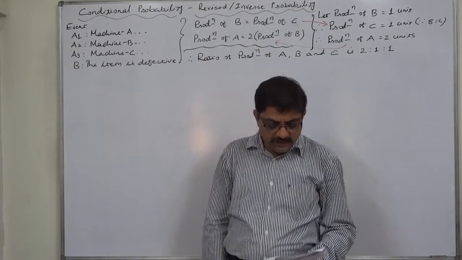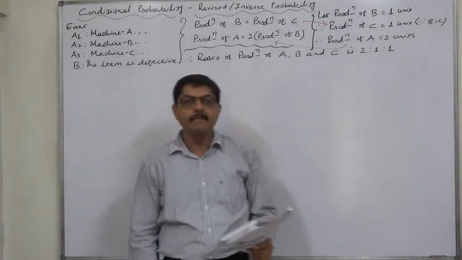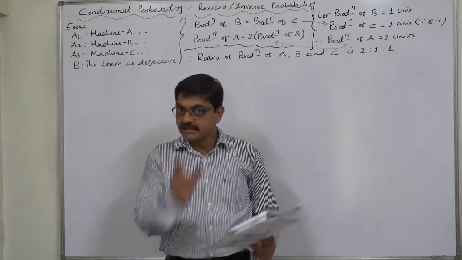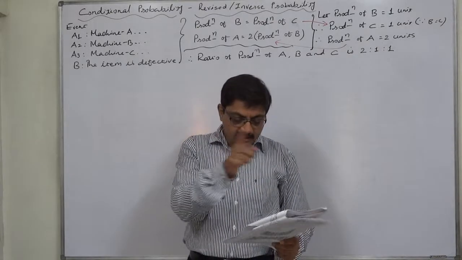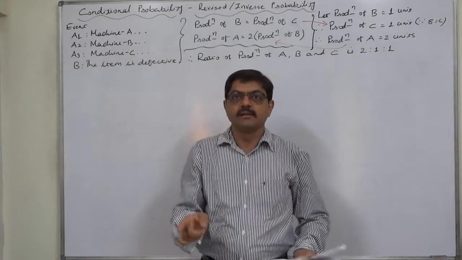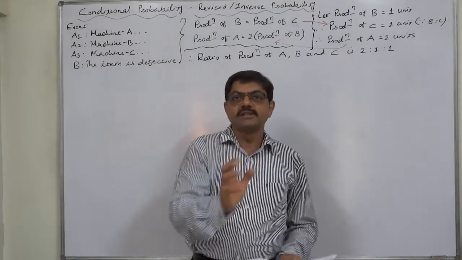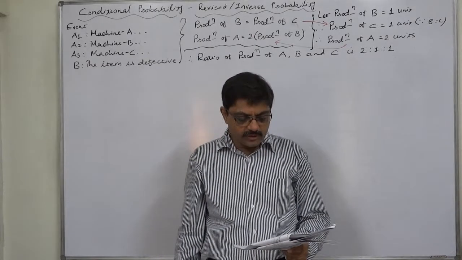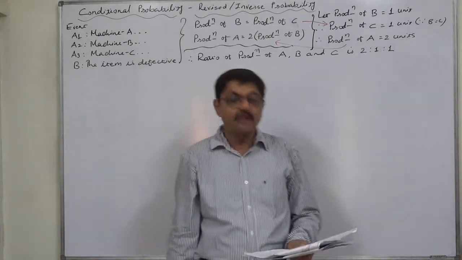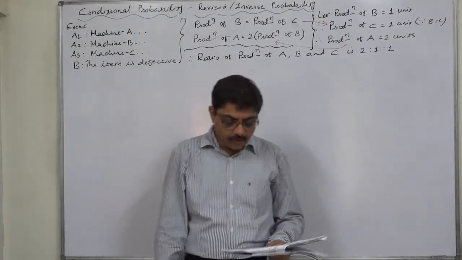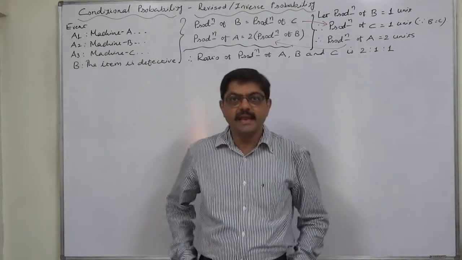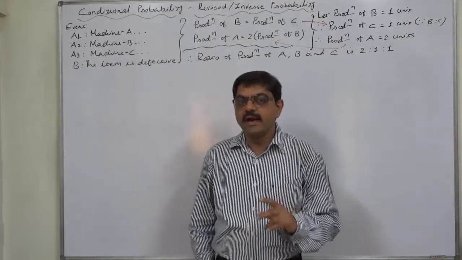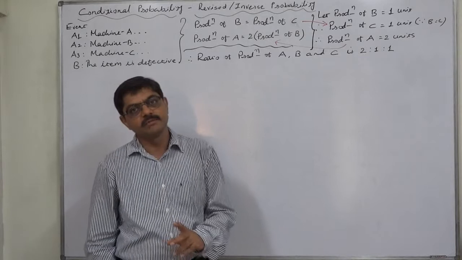The proportion of defective items produced by A, B and C are 2%, 1% and 3% respectively. This is key information. To recognize this information in its correct reference is the soul or essence of the solution of this problem. An item is selected at random from the total production and is found defective. Find the probability that it comes from machine A or machine B or machine C. That means we need to find again the probability of machine A, machine B, machine C.